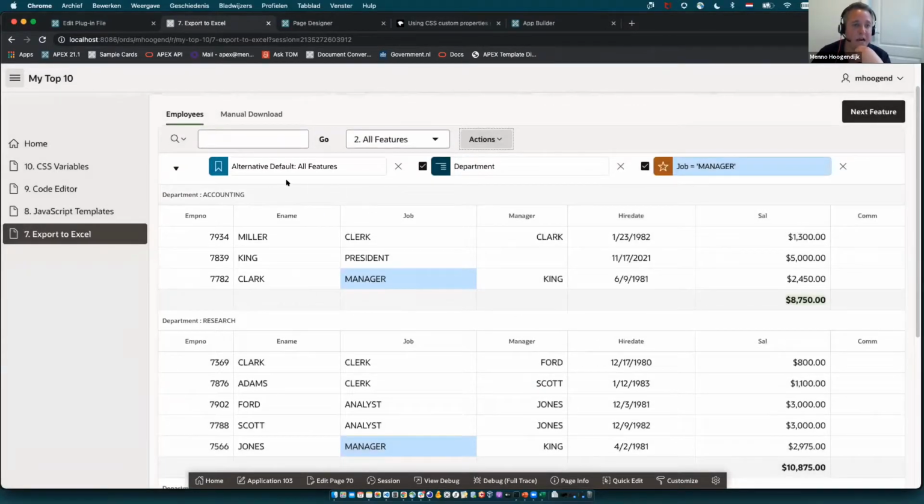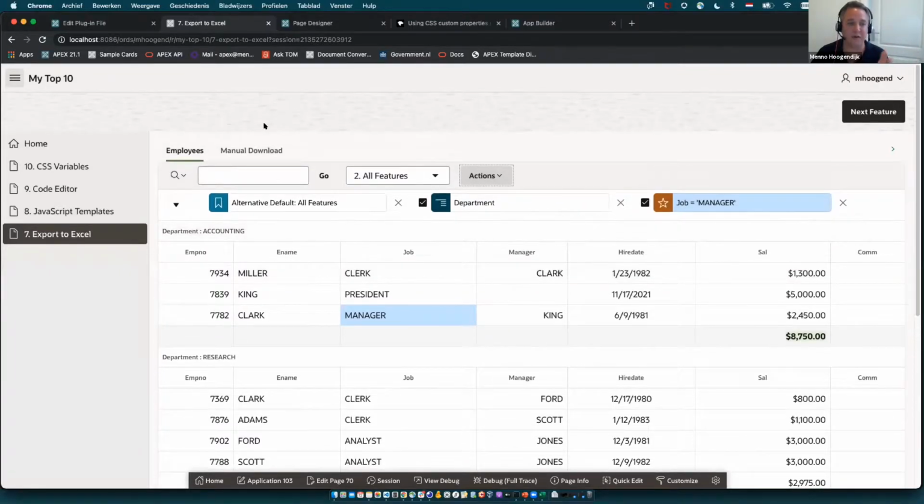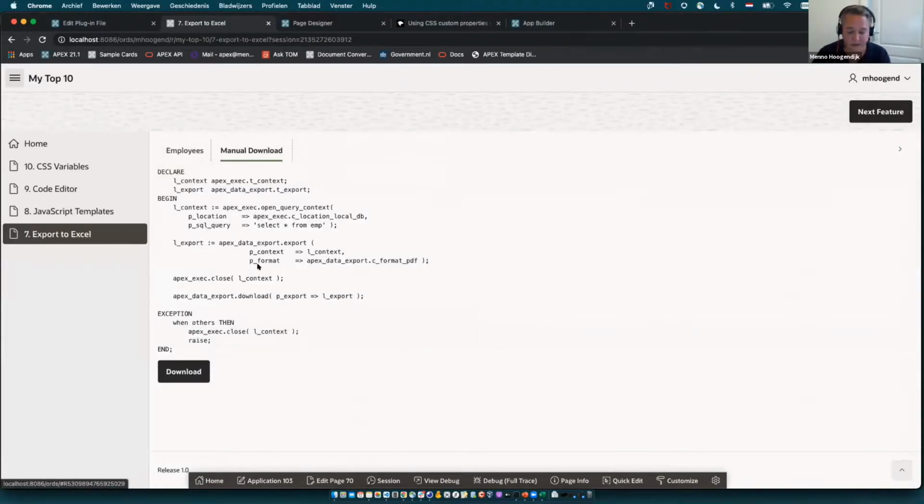And there's another way to get the result of any query that you have as Excel. And this is the code snippet for this purpose. So what I'm doing here is I'm using the Apex exec package. And the Apex exec package is a wrapper for all your queries. It can be a local database query or a REST data source or REST enabled SQL. And that's why we have this wrapper package for all query related functionality. So we open up from my local database, select star from AMP,